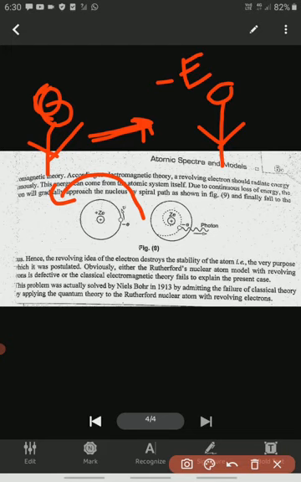If it loses energy, these electrons will automatically move toward the center and get a fixed position. Why does this not happen in the case of the atom? The atom maintains stability. These problems were solved by Niels Bohr in 1913. The real thing is that electrons are moving around the nucleus, but they do not lose energy. This point was explained by Niels Bohr.